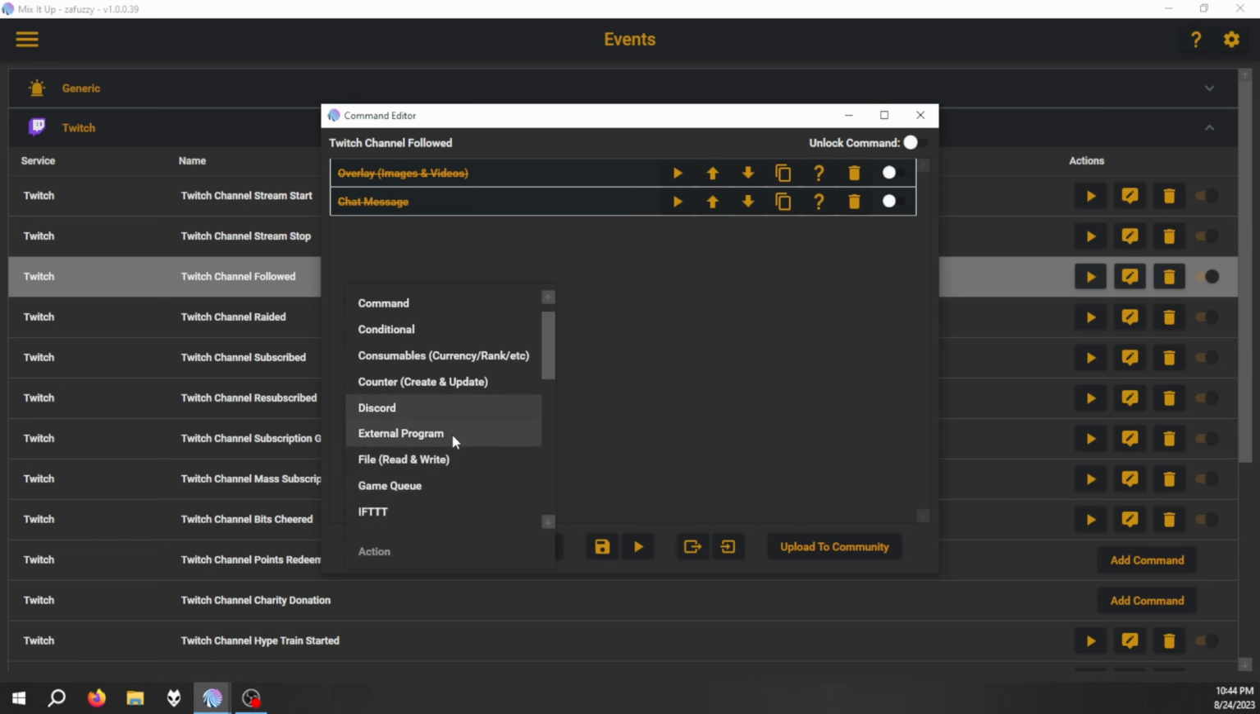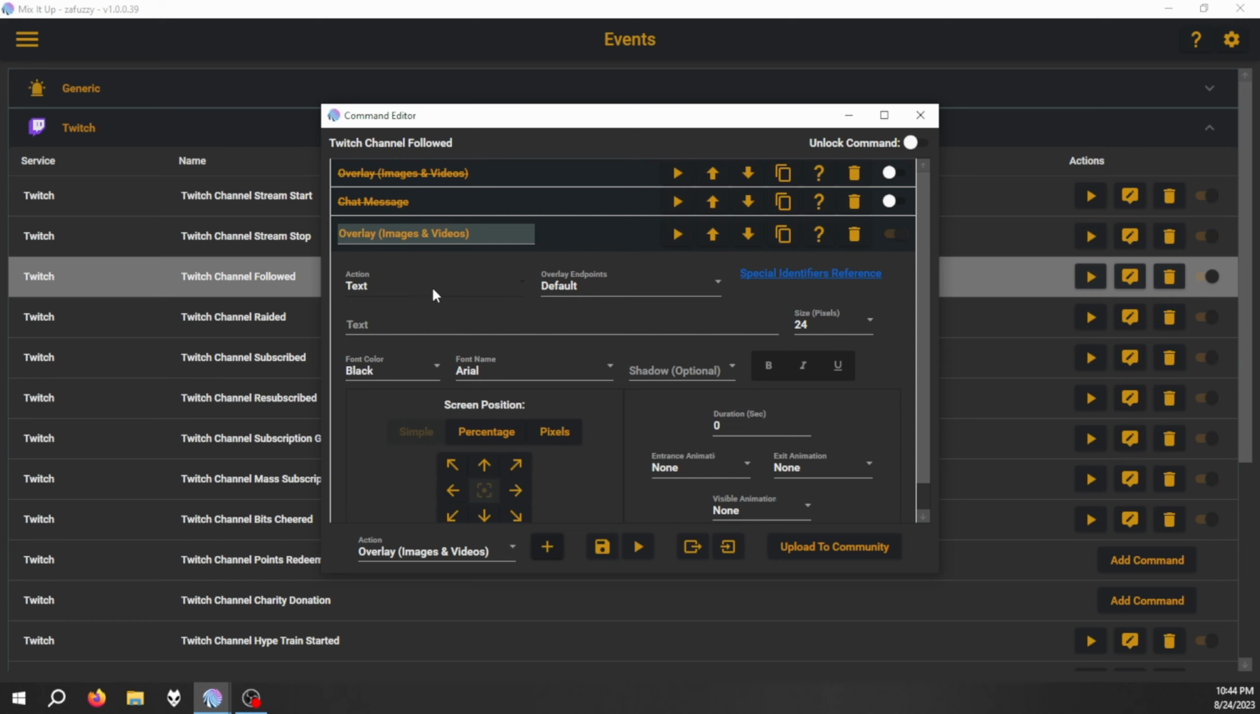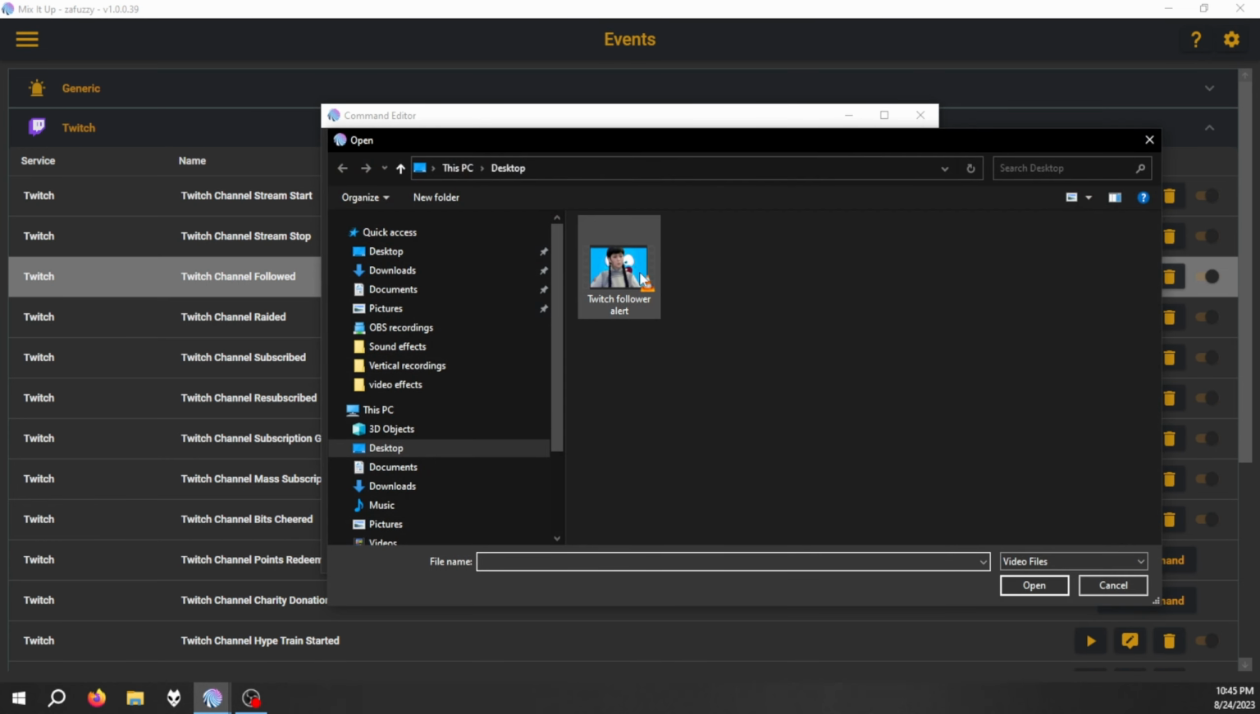I'm going to add a new alert, a new follower alert. I'm going to use a video for this, so I'm going to click on overlay images and videos, click on the plus. Here you have the option of using text, image, video, YouTube, web page, HTML, or show hide widget. Obviously, I want a video,